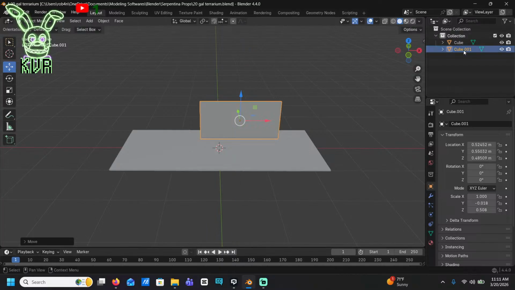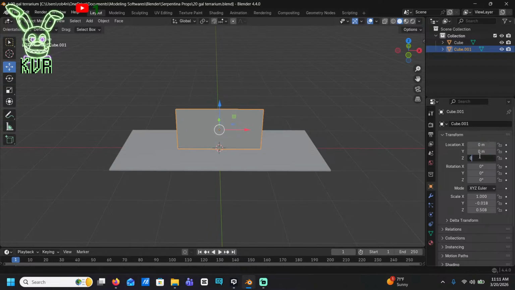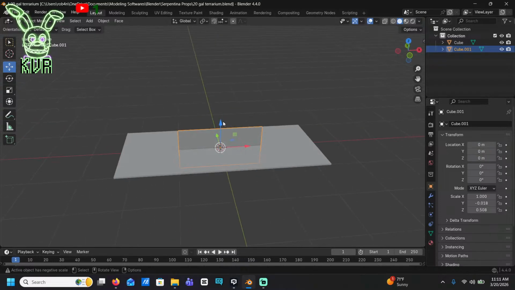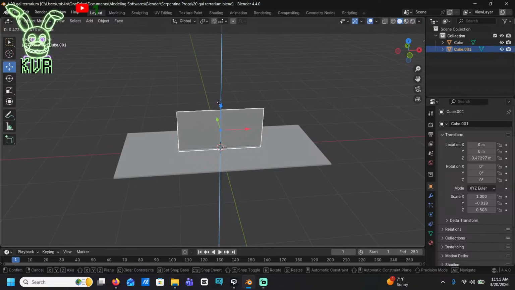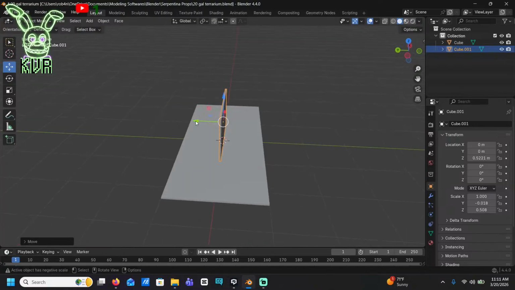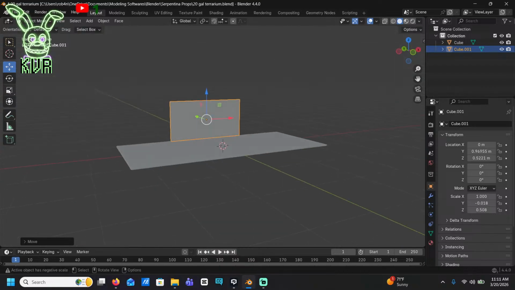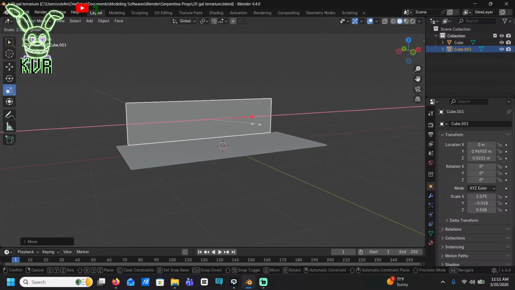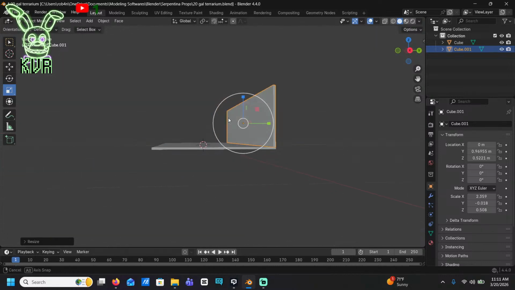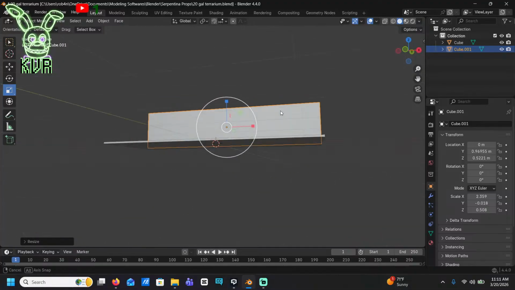Hold on. Where is? There. 0 and 0 and 0. There. And I bring this up, like that. And I bring this back here, like that. And then I, yoink. I'm pretty sure that is not correct.